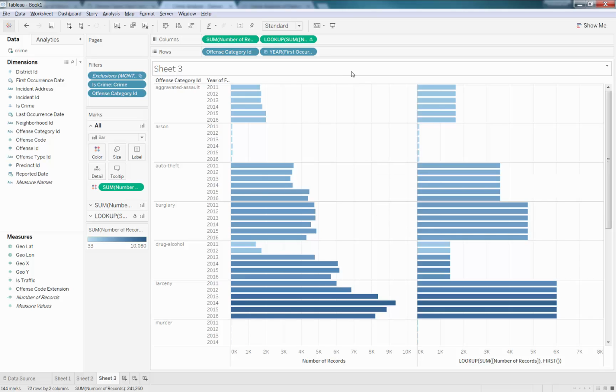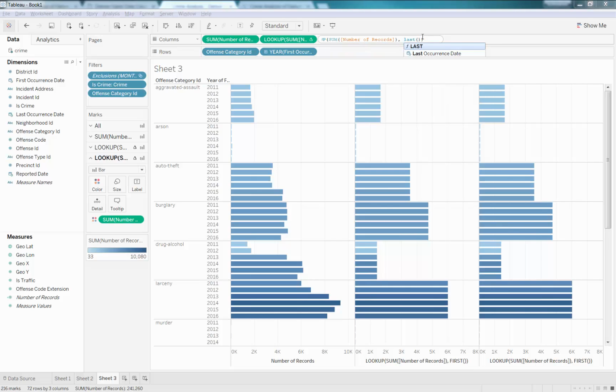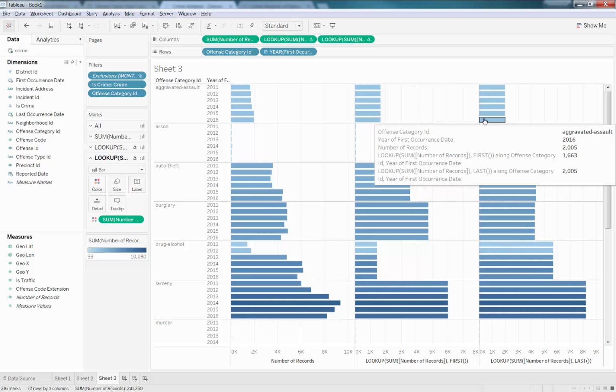So that's great. Now we can do the same thing, and I'm copying again with the control key. I can copy this one and edit and remove the first and make it the last. So this would actually make this one the last value. So I want to make sure that this value is now the same as all of these. And don't be fooled by those two looking almost the same. This is just because we have different axes on the bottom. But as we can see, the number of records was 2005, and the last one is also 2005, so that's